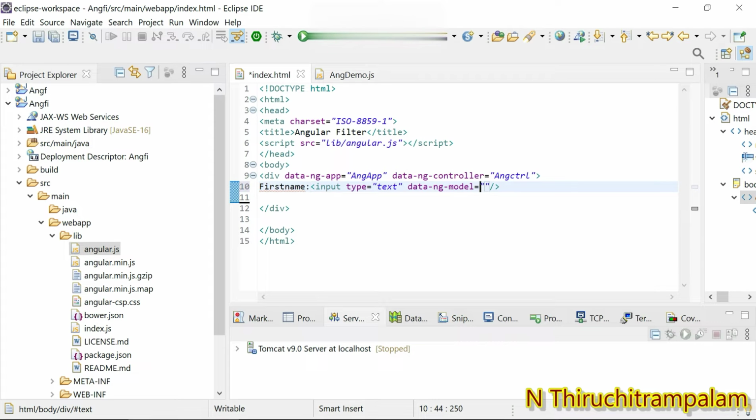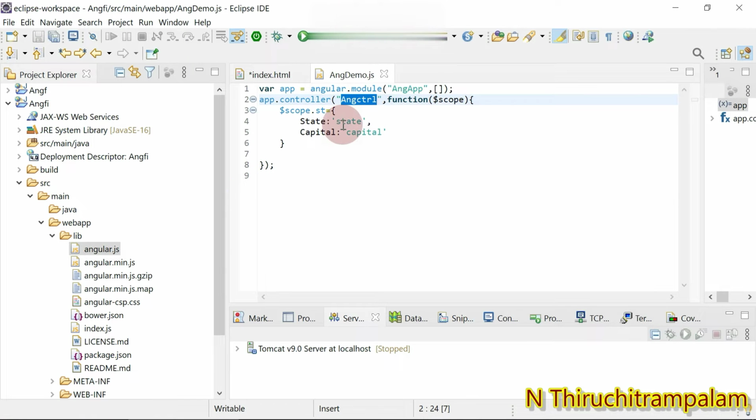In the ng-model, I'm going to give the variable name. Go to angdemo, here you can see the scope object contains the property st. St has key value pairs, state and capital.